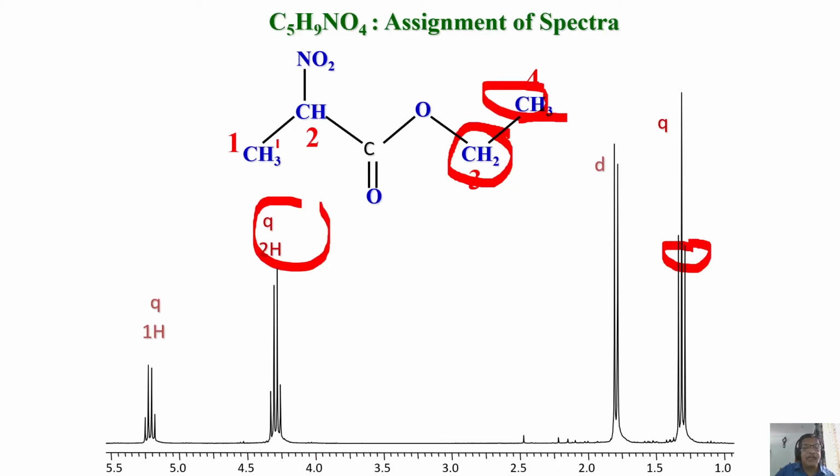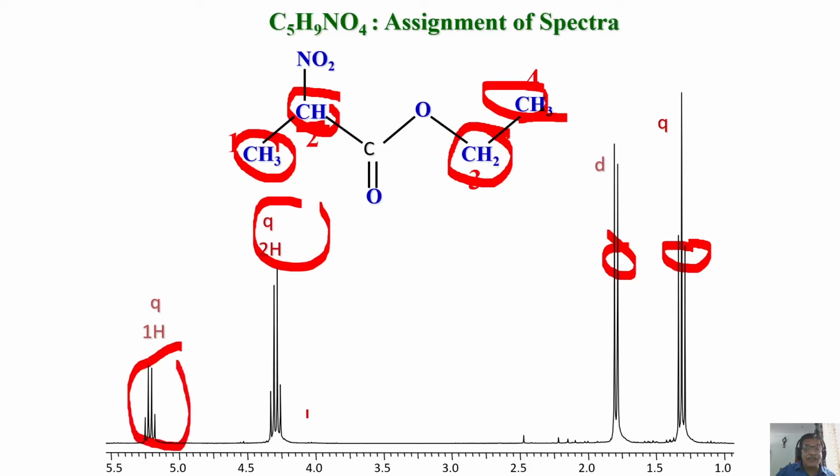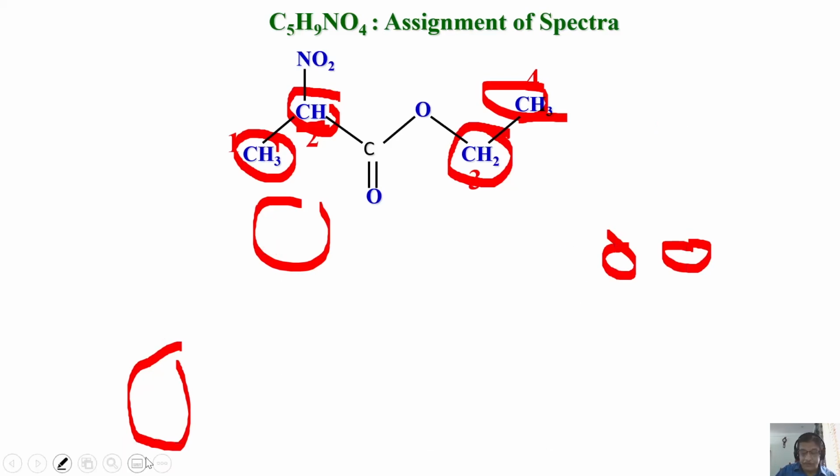Only this and this. Then this CH3 has to be a doublet because it is coupled to CH. So this is a doublet. So this is this CH3. Then what about this CH? It is a quartet. See, this is a quartet. So the only thing in this case, to distinguish the 2 quartets, which belongs to which, you look at the intensity. This is 1 intensity, this is 2 intensity. That is another way of identifying the coupled partners. If you have a difficulty, again, you can measure the J coupling. That's also possible. So these are the ways you can start analyzing these things.